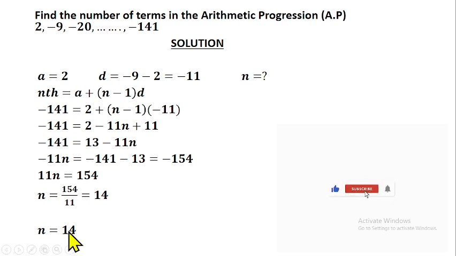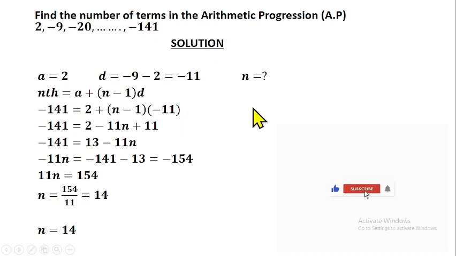Do you understand that? If I'm given the last term of an AP, I can know how many terms we have in that sequence, if we are not told. In this case, we are not told, we have to find it. Since we know the last term, which is our nth term here, and the first term, and we can find the common difference, we can find the value of our n, which is the number of terms in that sequence.